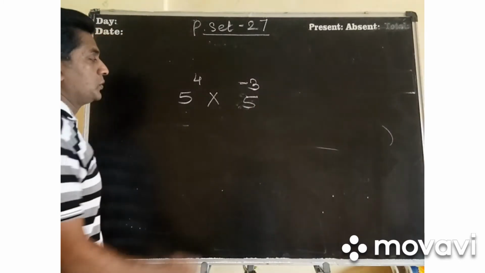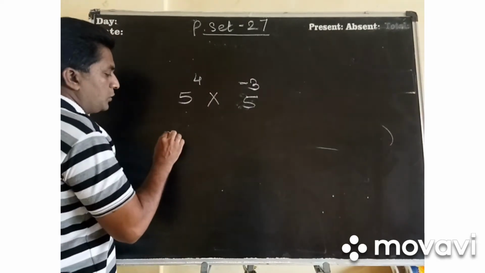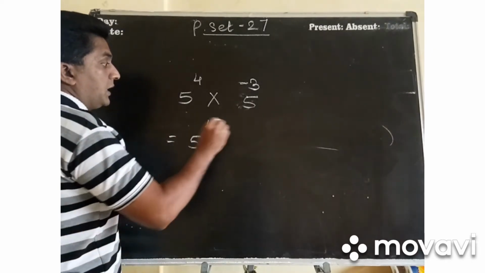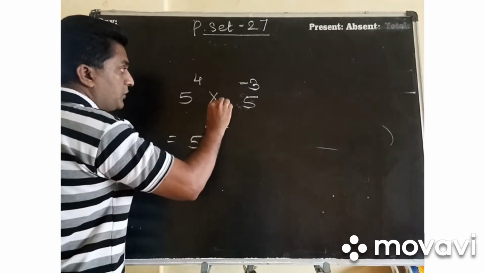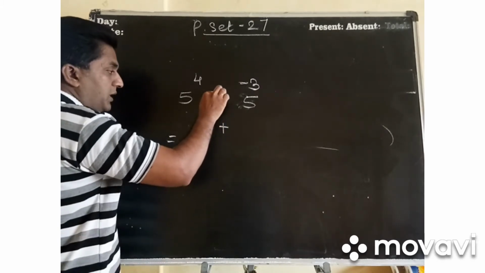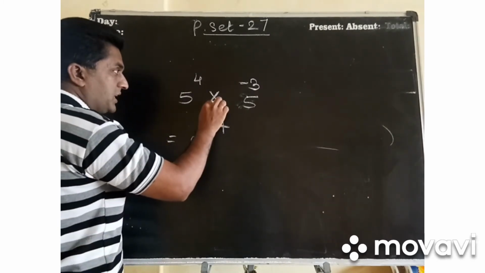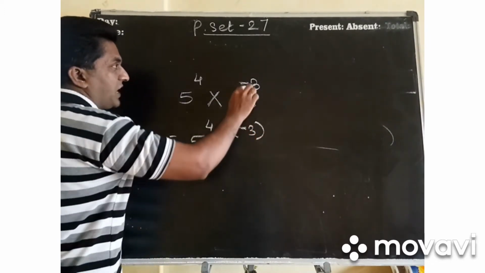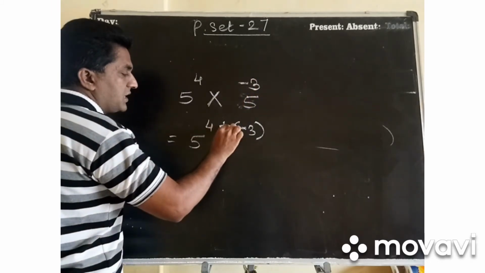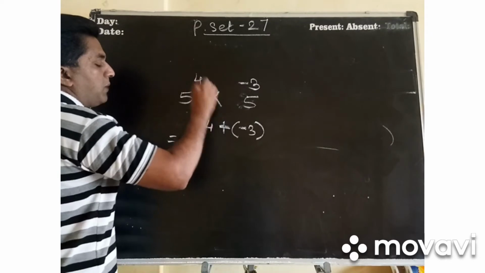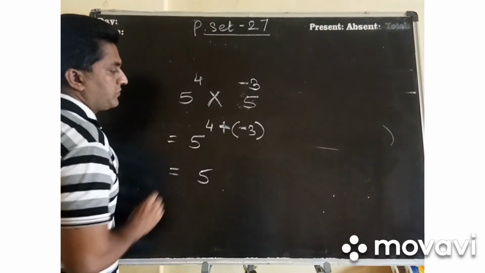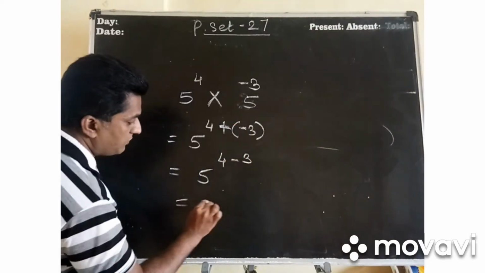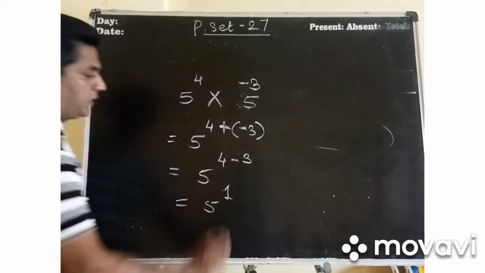Then what are you going to do? For example, for solving this, 5 will be 5 only, 4 will be 4 only, and plus compulsorily, because in between multiplication is there. Instead of multiplication, here you have to take plus, and give a bracket, in the bracket -3. This minus is the sign of this number, and this plus is the method instead of this multiplication. So 5 will be 5, 4, negative multiplied by positive, -3, and the answer will finally be 5 raised to 1. Got everybody?